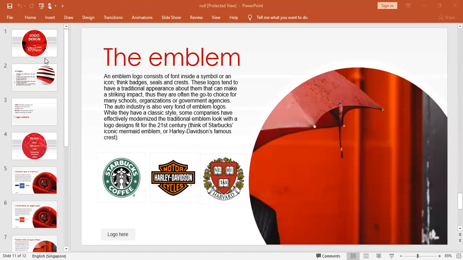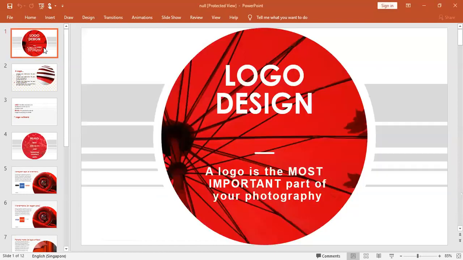Okay, as I told you, today we'll be learning about the logo and how it impacts a photographer. That means, guys, in the last class I was also explaining this for a photographer. To get identified, and not only in the photography industry but in every industry, a logo shows a brand name for the branding, and to prove yourself and to have a place in the market, you'll be needing a logo.